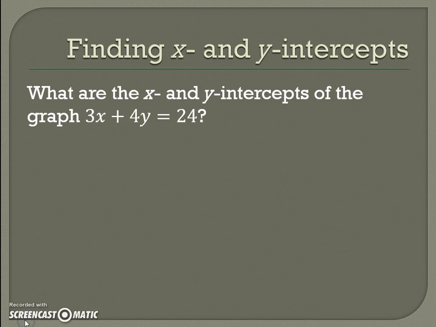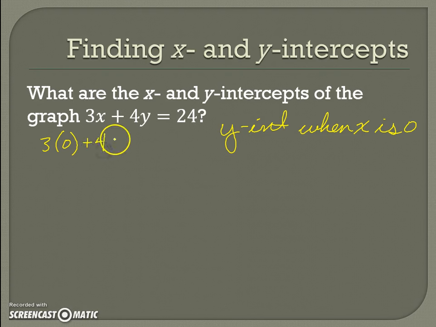All right, so finding x and y intercepts. What are the x and y intercepts of the graph of 3x plus 4y equals 24? If you recall, the y-intercept is when the x-coordinate is 0. So to find this, you just make x 0. This is very, very simple. So I have 3 times 0